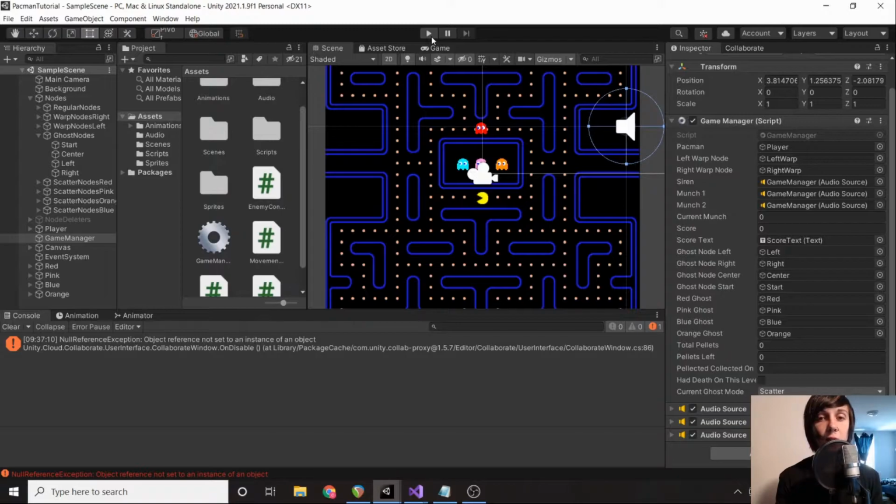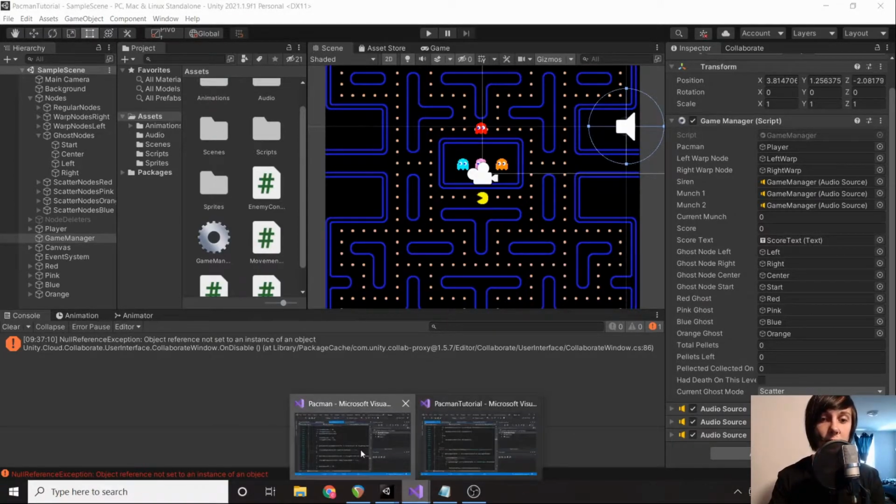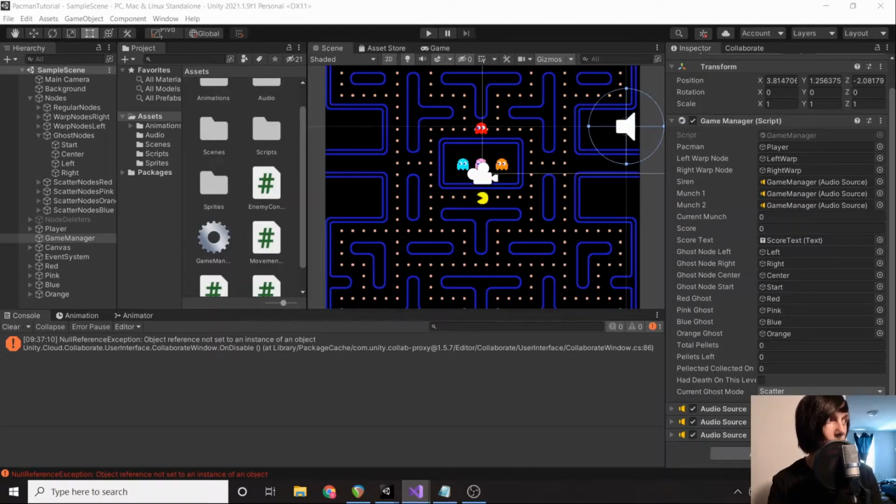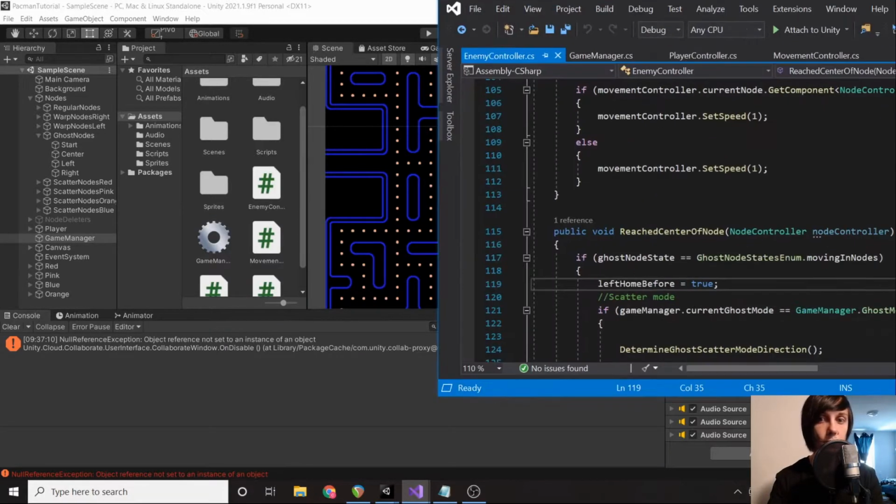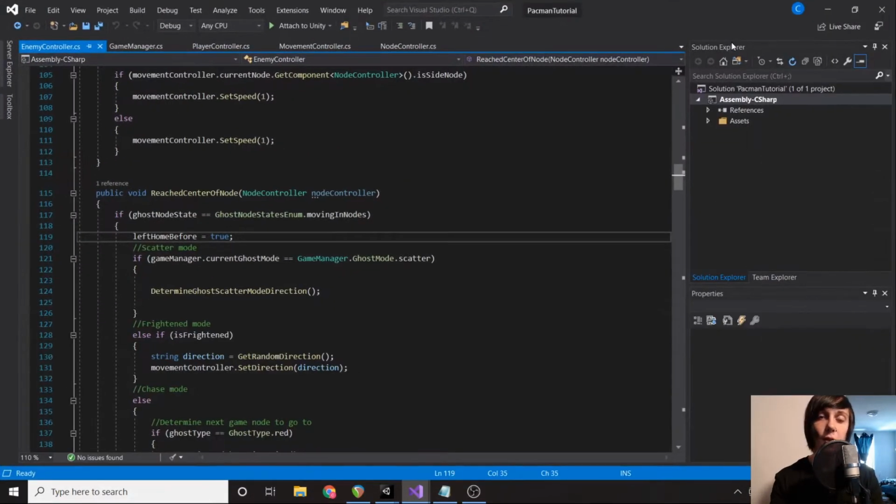So the ghosts are going to have to go back into their home. Pacman has to go back into his position. The pellets need to all respawn, etc. So what we're going to do is we're going to start creating a setup. So let's just look at every individual instance of this game and figure out how we can sort of reset